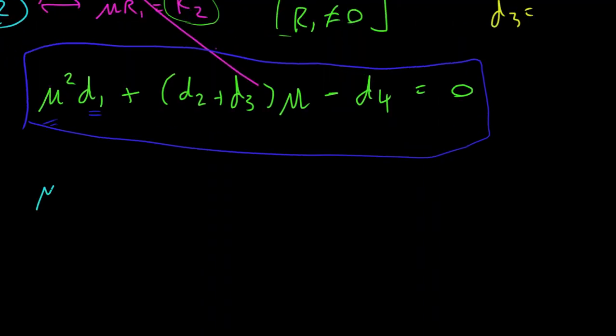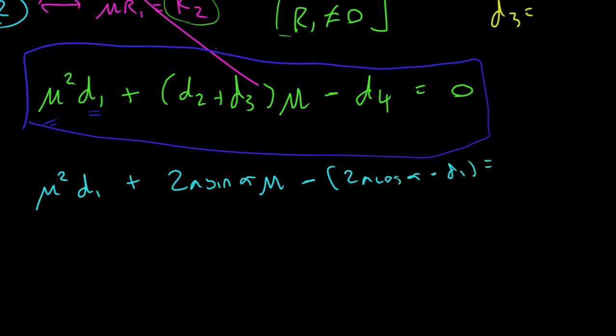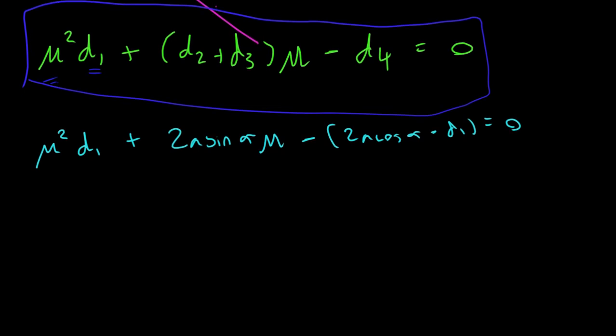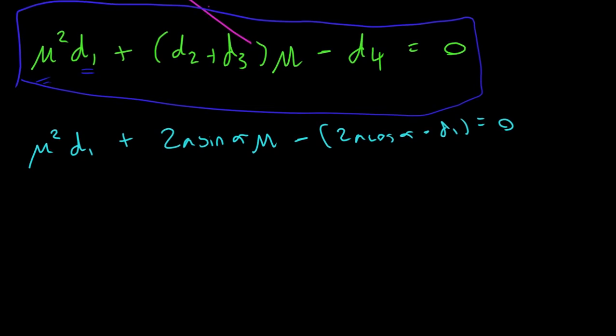What I'm going to do is leave d1 as it is first of all. Then I'm going to go 2a sine alpha. And of course, what's d4? Well, d4 we said was 2a cos alpha minus d1. So we see we're going to have another d1 join the party over there. Okay, so what I'm going to get is mu squared plus 1 d1 plus